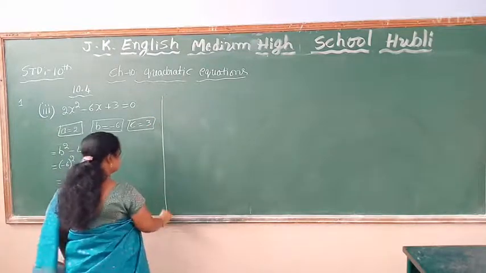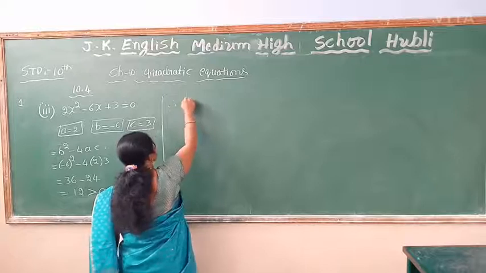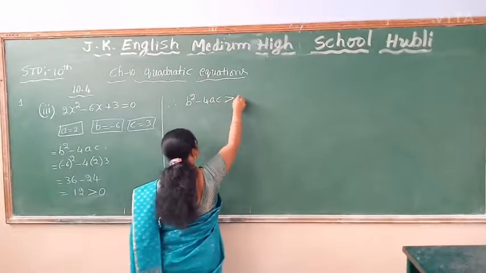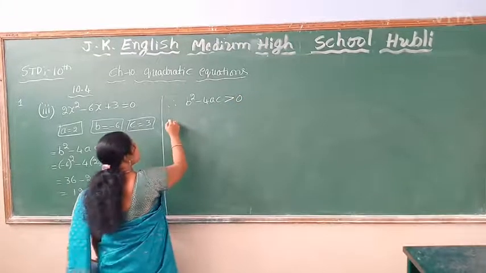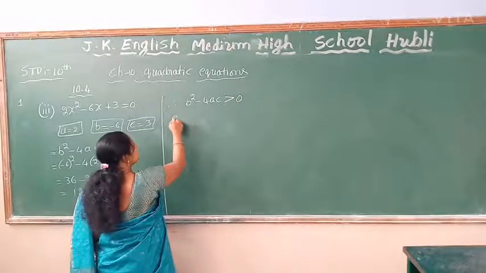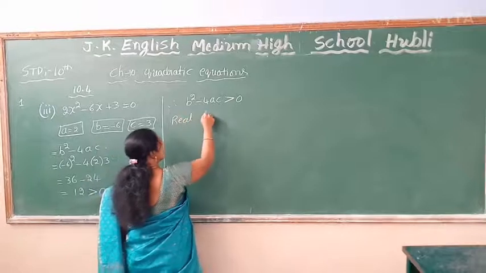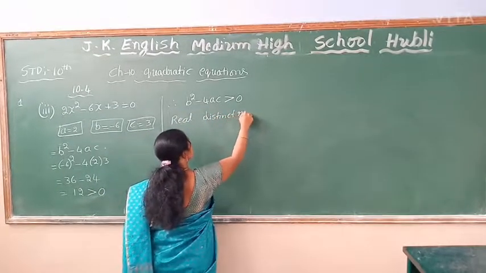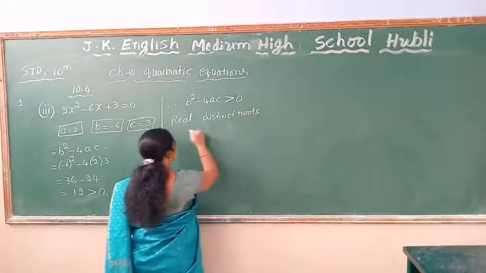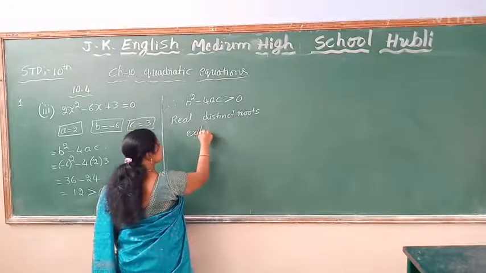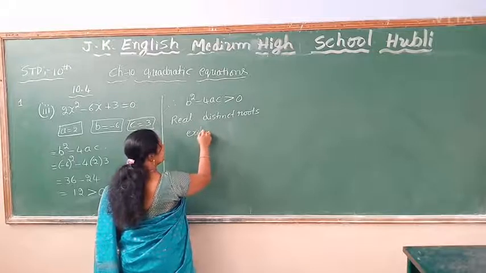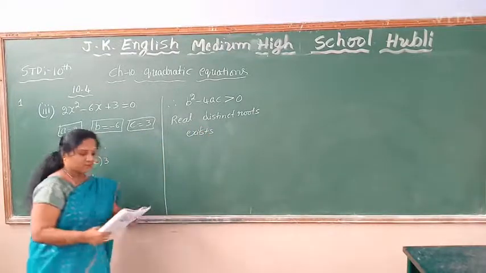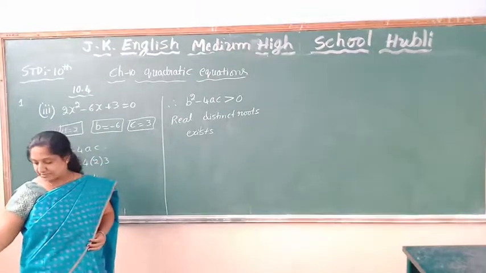Therefore, b square minus 4ac value is greater than 0, which means we are going to get real distinct roots. Real distinct roots exist. Okay, so I have to find out the roots now. If real roots exist, then